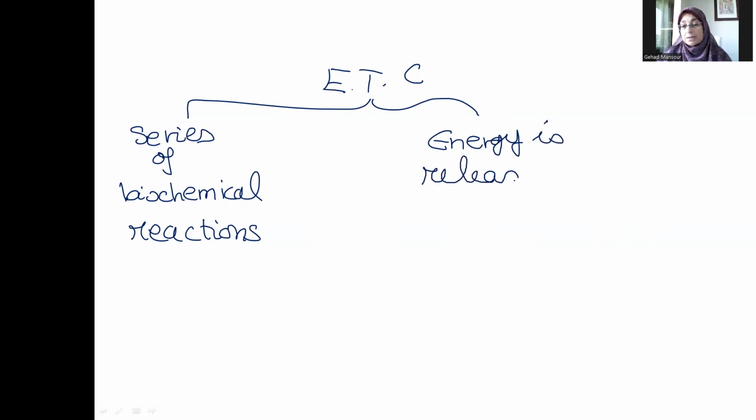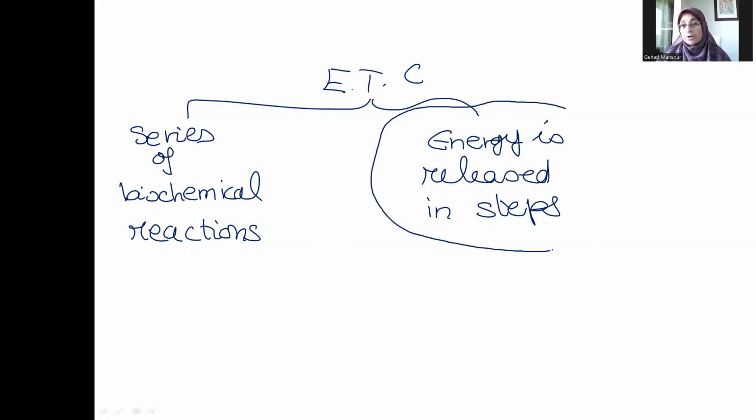This applies to all biochemical pathways that include exergonic reactions. Splitting the process into a series of chemical reactions helps the energy to be released in steps, and therefore, when the energy is released in steps, the energy can thus be